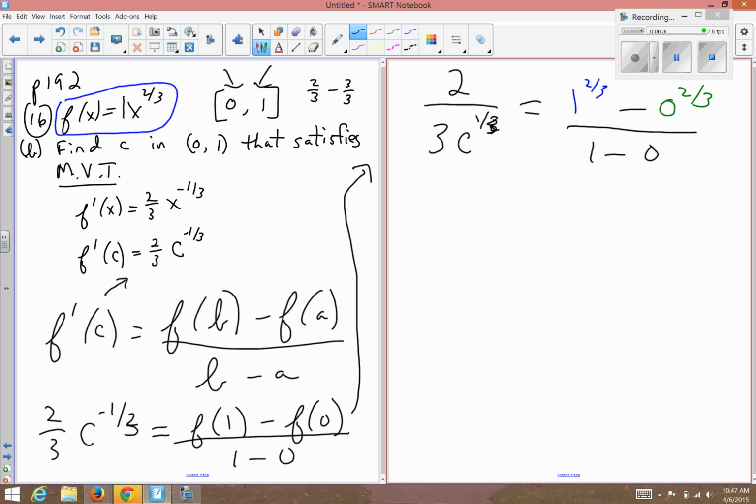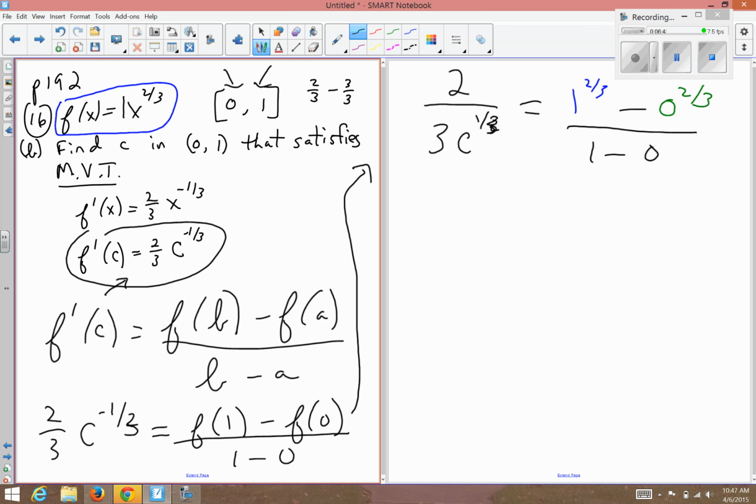So in this exercise, the left side of the equation in this case is 2 over 3 C to the positive 1/3. F of 1 is 1. F of 0 is 0. So the entire right side of the equation is just 1. I'm going to write over 1